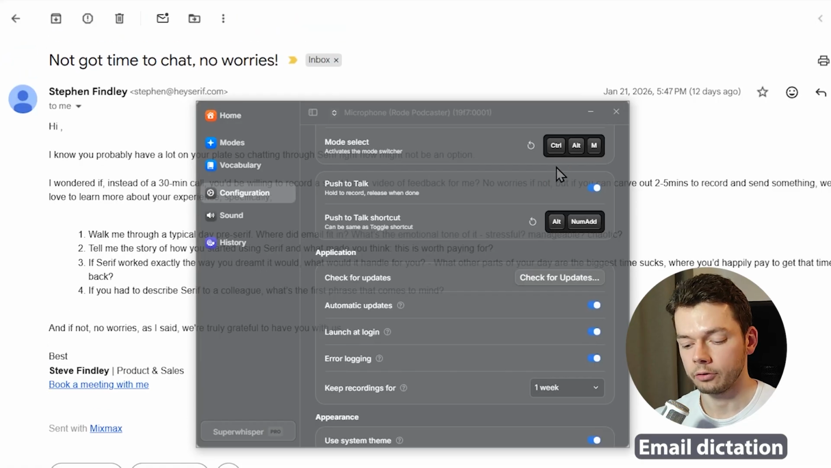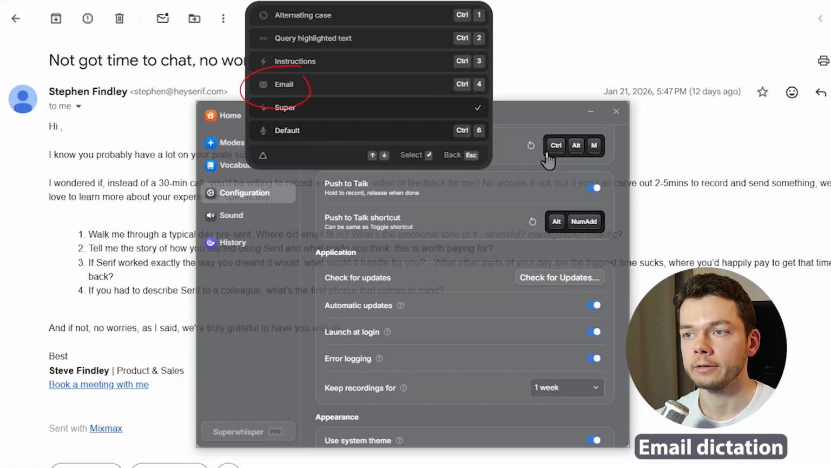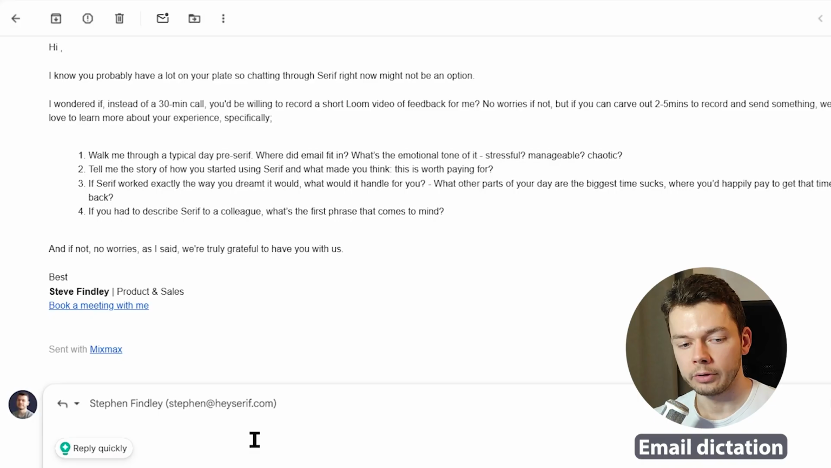In my case, that's Ctrl-Alt-M. And here we can select between these different modes. I switch to email. So now I'm in email mode and I'm going to dictate the same reply as before